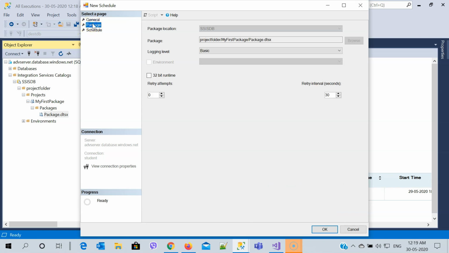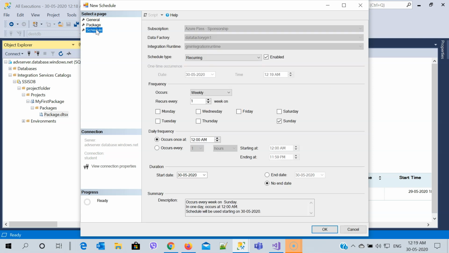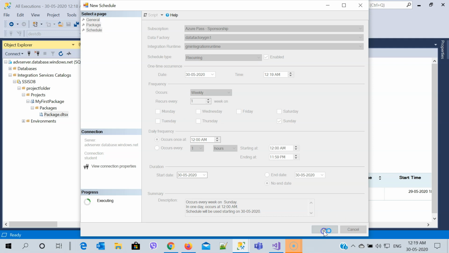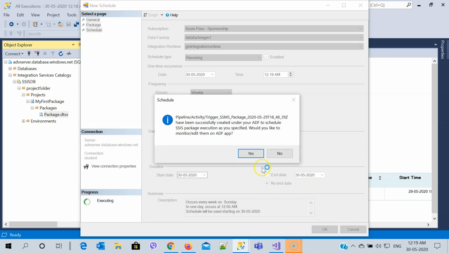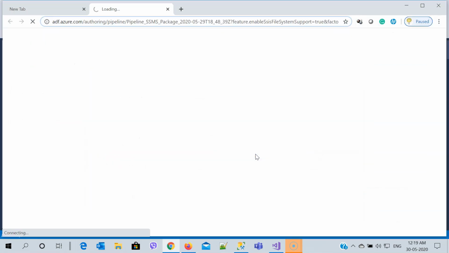You can go to this package to check the package here, and you can go to the schedule. In this schedule, I have mentioned it occurs weekly, recurs every 1 week, and you can mention the days where you want to do it. For example, I have kept it to the Sunday only, and then I will say okay and say yes.